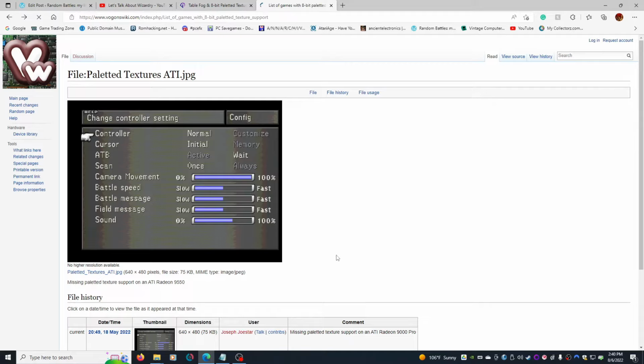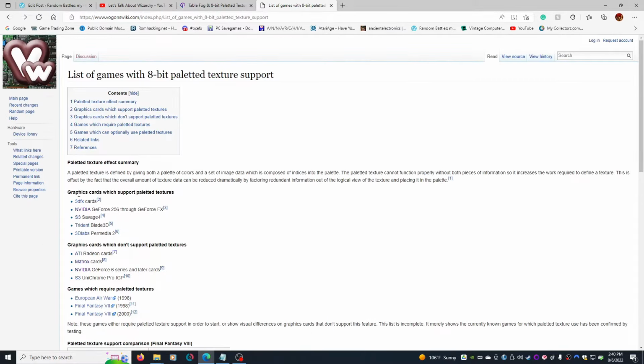It just looks kind of gross. So we go up here. It does say graphics cards which support palette textures: 3DFX cards, NVIDIA GeForce 256 through FX. So that means our TNT2 Ultra and the TNT line in general does not support paletted texture, 8-bit paletted texture,